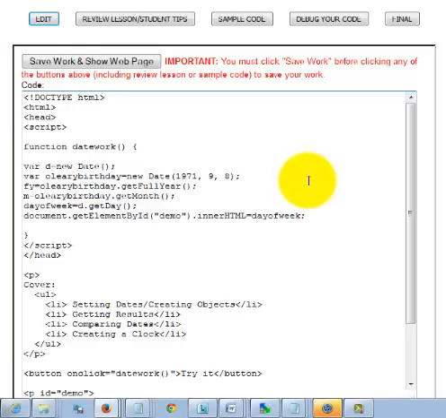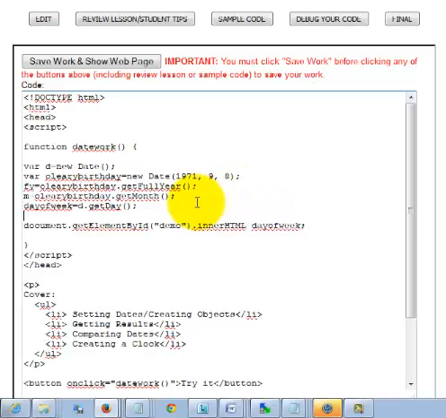Now what's cool, I want to introduce this. This is kind of an introduction of arrays. What you can do here as well is you can say, I want to create a listing of all the days of the week. Okay, so var days. Now right now it's just like creating any variable, but instead of just a string, we're creating an array. And an array is a list of choices. So we create that by, and we'll do this later, don't worry if you don't get this immediately. Sunday, Monday, we create it in quotes separated by commas. Tuesday,